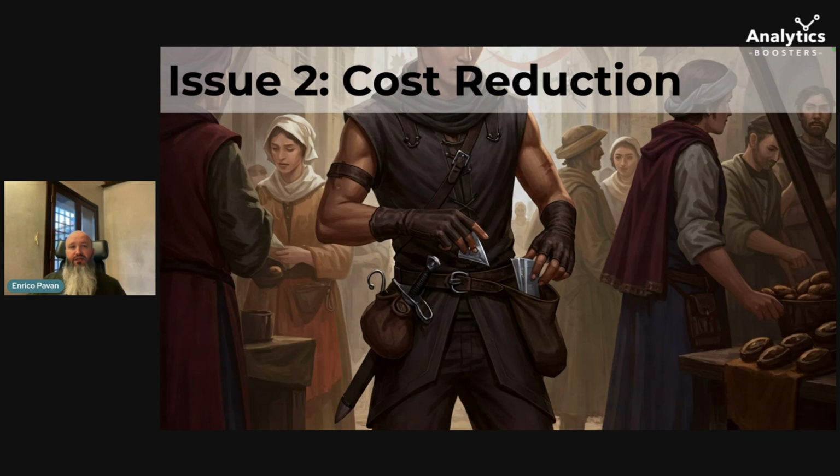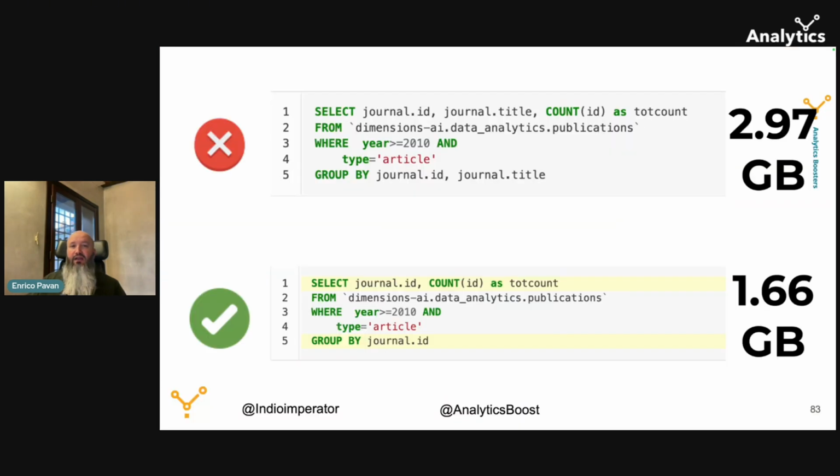Another issue that we need to pay attention to is cost reduction. For example, we need to try to reduce the amount of gigabytes or terabytes that we are going to process with the query, using tools like artificial intelligence, and review the query every time in order to reduce the cost and reduce the volume of the query.